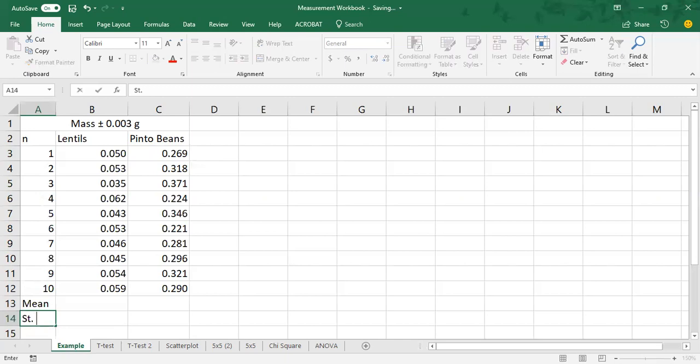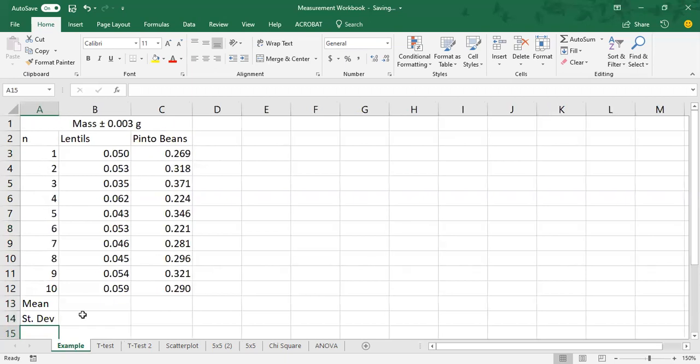So I'm going to label that here just underneath it, and I'm going to label it STDEV just for short. That's standard. Okay. So how do I get the mean? Well, the formula is to add up all of these values and then divide it by 10 because there are 10 values. So you could do this on Excel by typing equals, and you could type